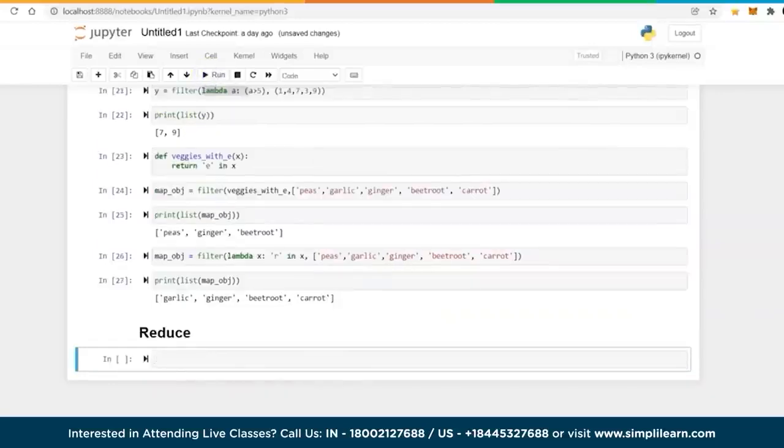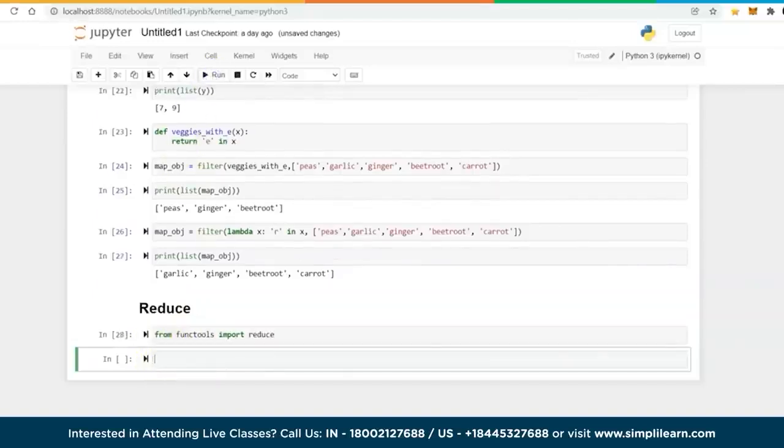Now, as I mentioned, the first important thing is that we import the reduce function from functools, and then we apply a lambda function. So we're going to start off with just taking an example of lambda. So here is my list of 4 elements: 10, 35, 50, and 20, and I'm adding the numbers in this